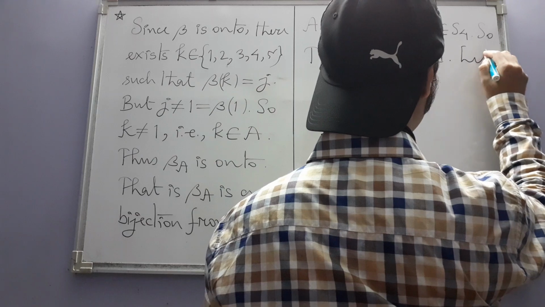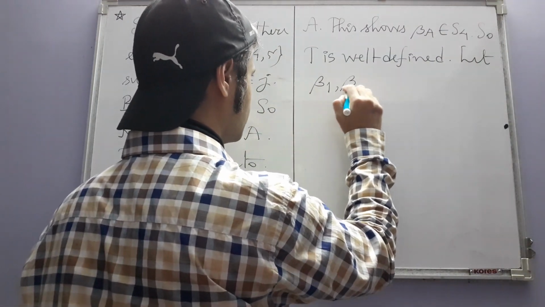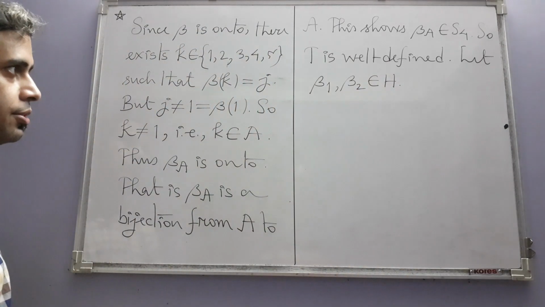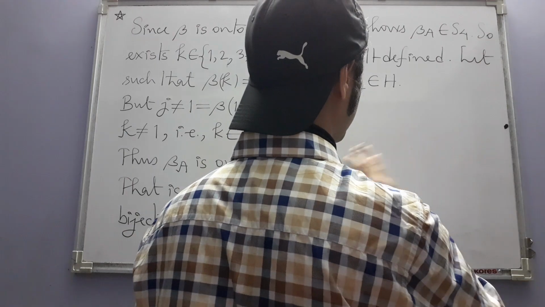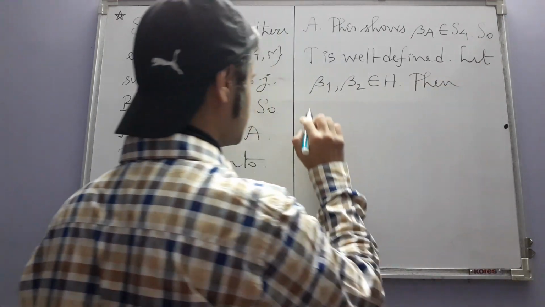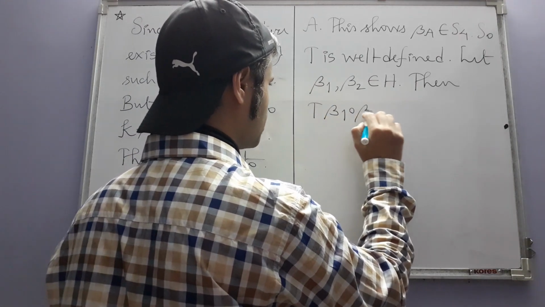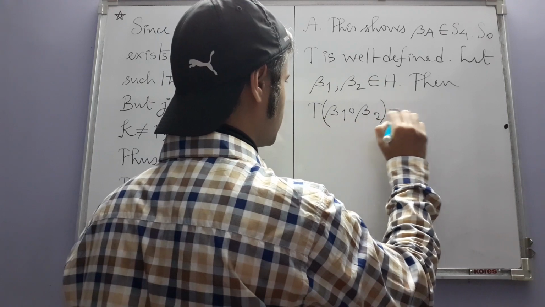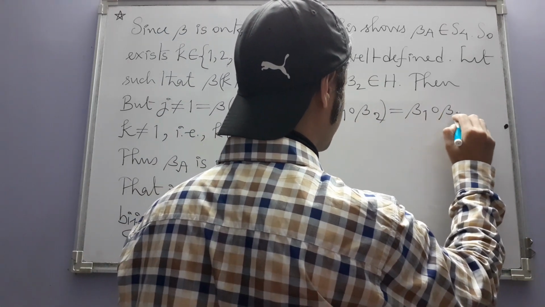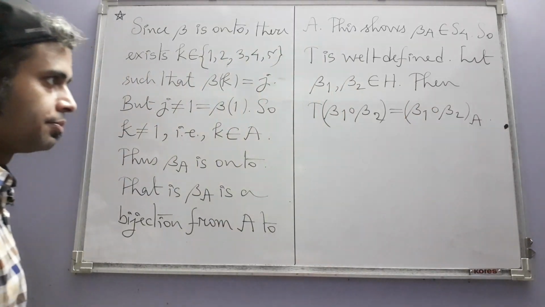Let beta 1 and beta 2 belong to H. Okay, then what is T of beta 1 composition beta 2? We know that this is nothing but the restriction of beta 1 composition beta 2 to the set A,